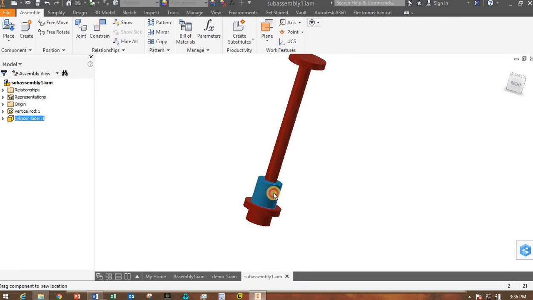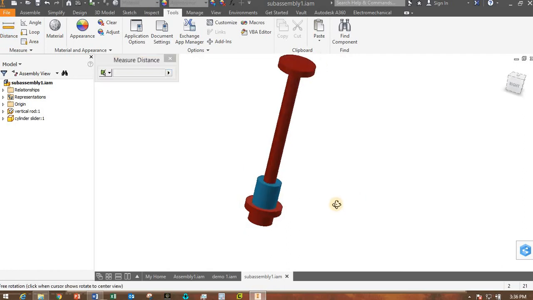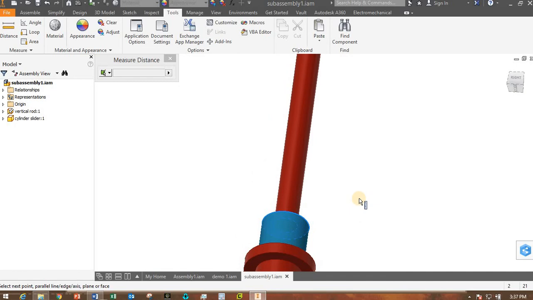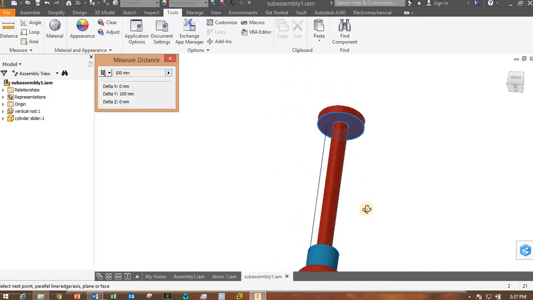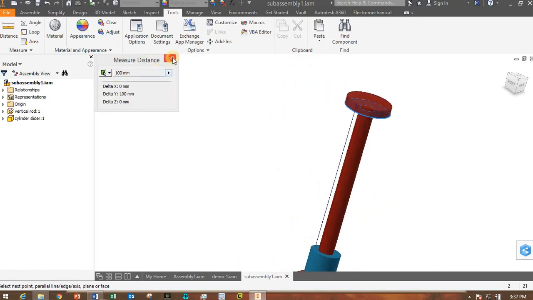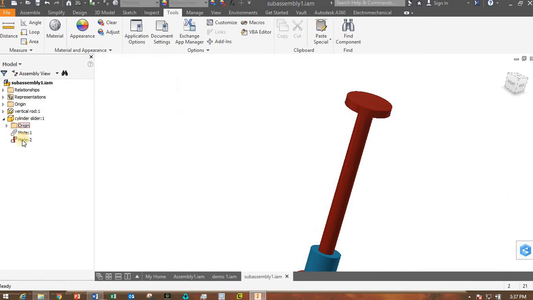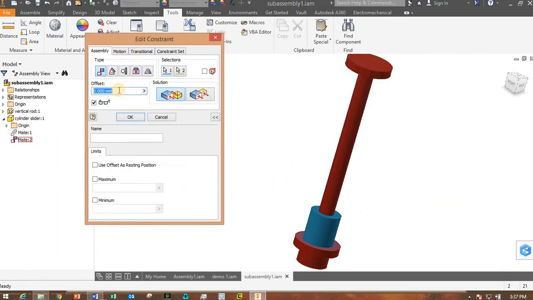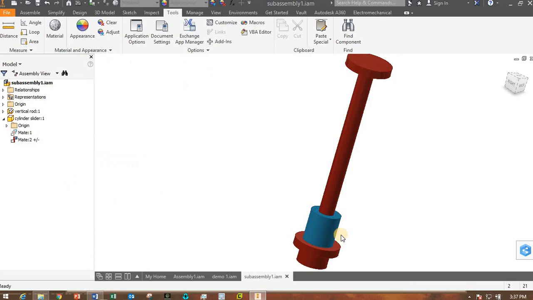Well, now it can't slide, but now I need to go measure the distance that I want to be able to have it slide. So let's measure the distance from that surface to that surface, and it's a distance of 100 millimeters. So let's go back to this mate constraint that I just made. Let's edit that, and let's put in some limits here. Let's make the maximum 100. Click OK. There you go, and now it can slide